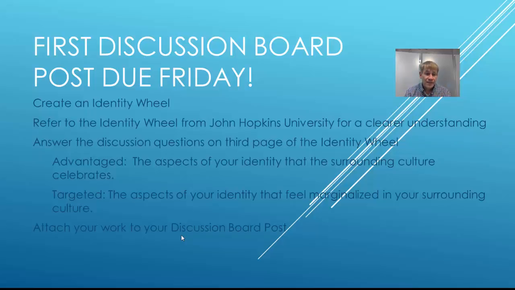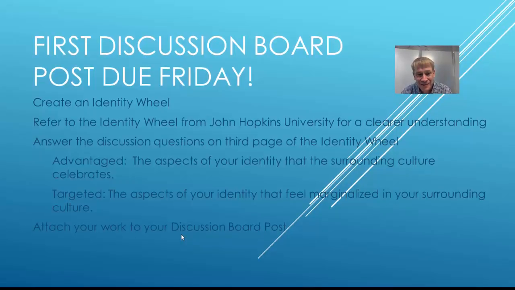For me, for example, economically, I am in the middle class, and as a result, there are many privileges that I have that I never have to worry about or that I can take for granted. Whereas my mom grew up in a poorer community, and she talks about growing up not necessarily knowing where her next meal was going to come from.